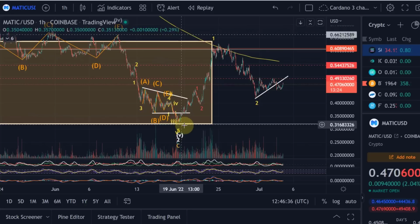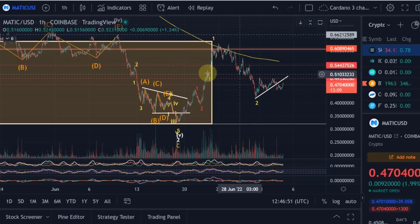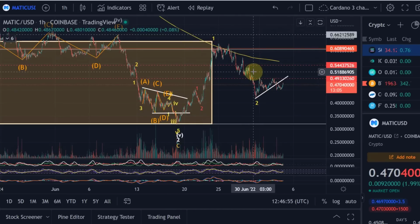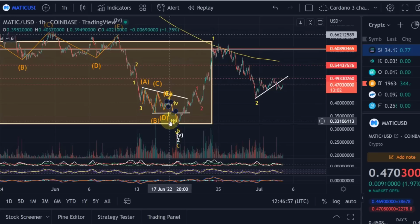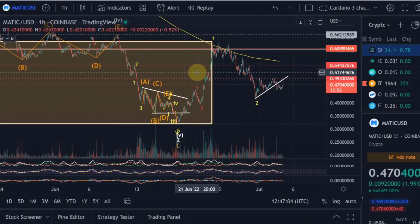So from the low at the 88.7% fib level at 32 cents, it did move up in what I believe could be a 1-2 and another 1-2 setup, even though I raised my concerns here above the length and the depth of the wave 2 in comparison to the previous 1-2. So this could either be a bullish structure or it's something very bearish, to be honest, because you have this 1-2 and the second wave 2 just doesn't look too convincing,